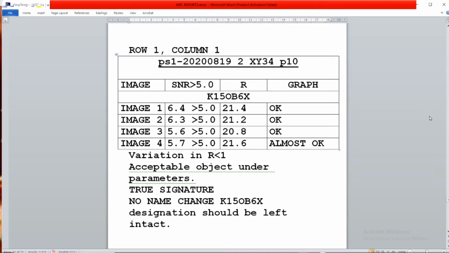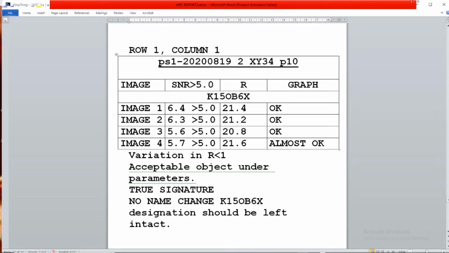The minimum R value was 20.8. The maximum R value was 21.6. So the entire variation range was 0.8, which is less than 1, and graphs were also okay. PSF fits I am talking about. So this is an acceptable object. It is a true signature. So no name change should be done in your MPC report. It should go as it is.